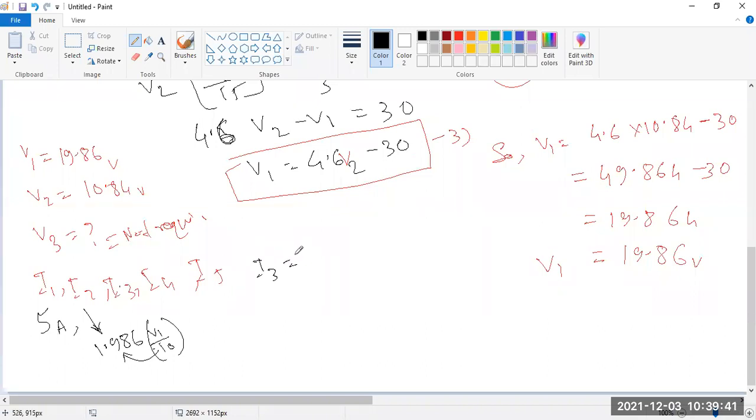I3 is the value of V1 minus V2. So V1 is 19.86, V2 is here 10.84, divided by, what is the I3 divided by, this is the 3 ohm. So this is divided by 3. So it will generally come in